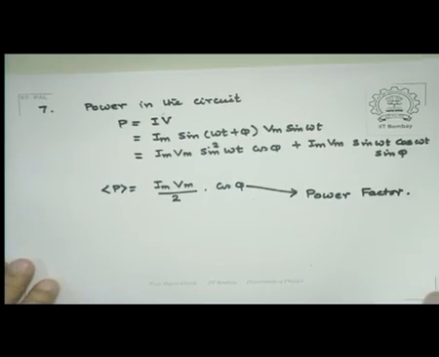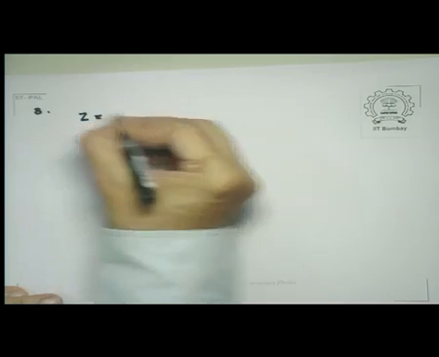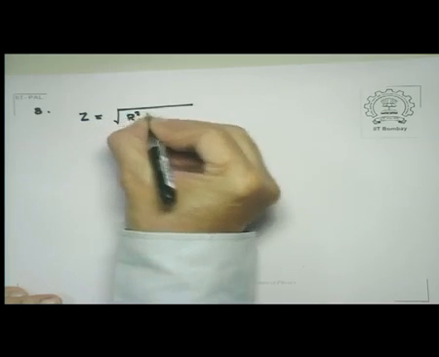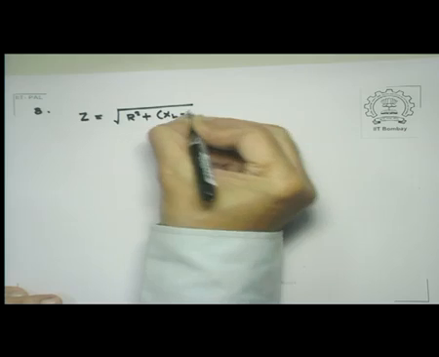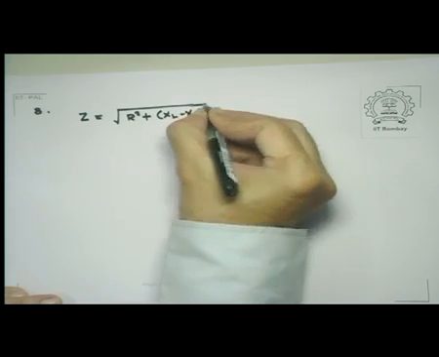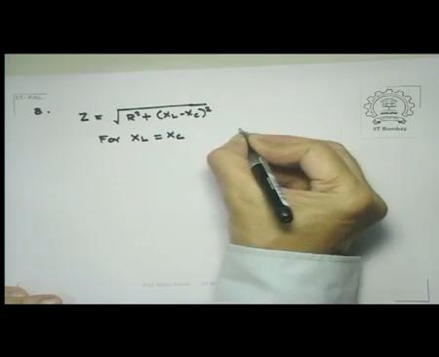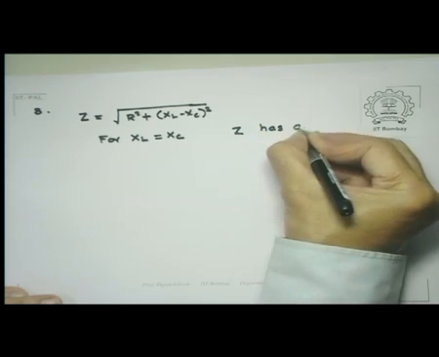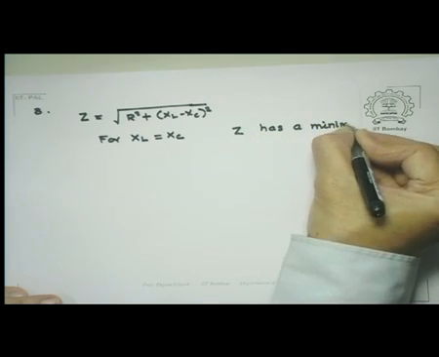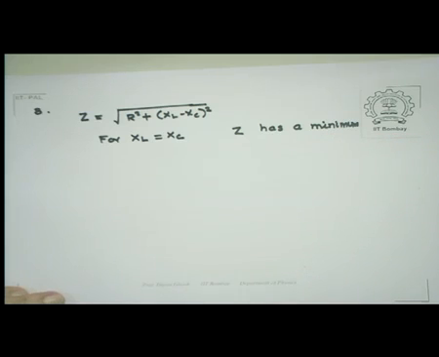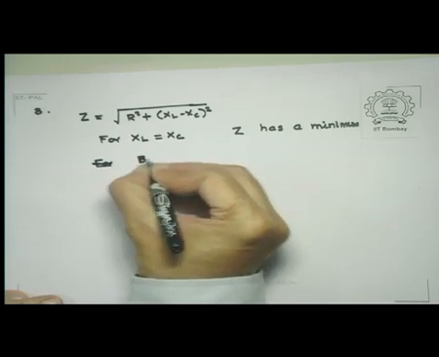The last thing that we did with respect to the LCR circuit is to look at a phenomenon known as resonance. So look at the impedance expression, given by the square root of R square plus (XL minus XC) whole square. Now for XL equal to XC, Z has a minimum, and that minimum is R actually. Now if you tune the frequency of the source, then the current would have a maximum when Z has a minimum, by varying omega,